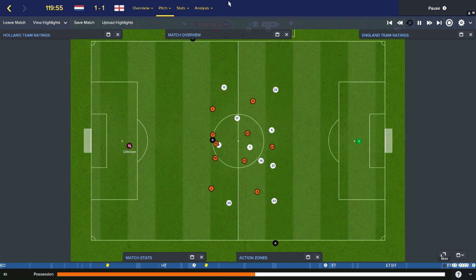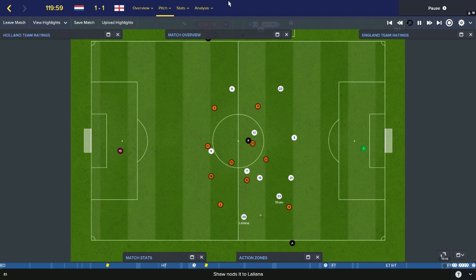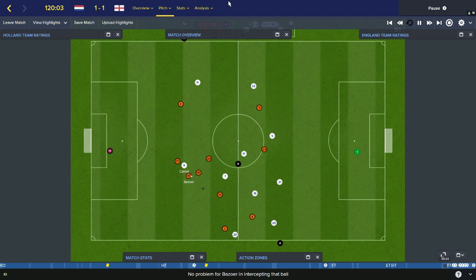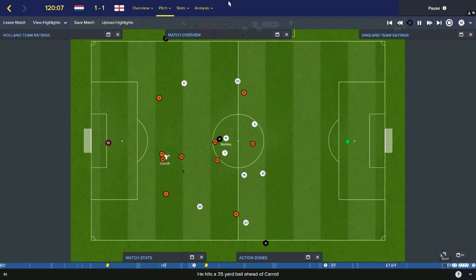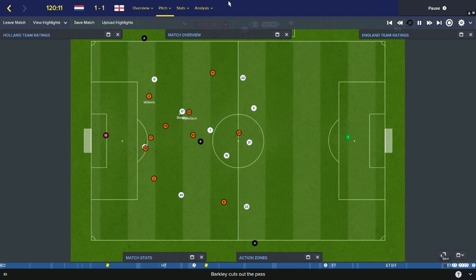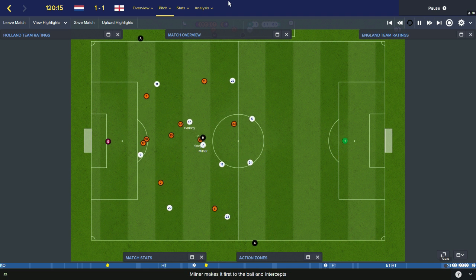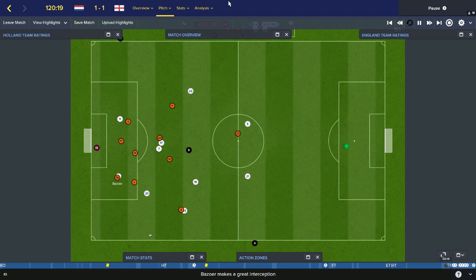Cillessen to take the free kick for Holland. Looks for Promes. Beaten in the air by Shaw. Let's come on to Lallana. Lallana looks for Carroll. Bazoa heads it away. Milner onto Barkley. Barkley for Carroll to chase. The ball drops to Williams. He finds Wijnaldum. No, Barkley intercepts that. Barkley wide to... Oh, Van der Wiel. Crucial header. Milner first time. Barkley. Bazoa beats Carroll. England throw.